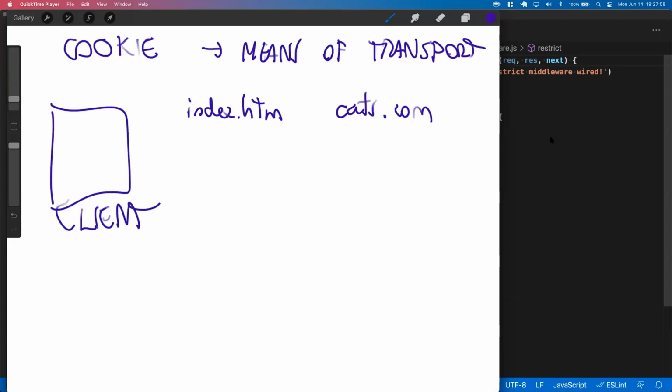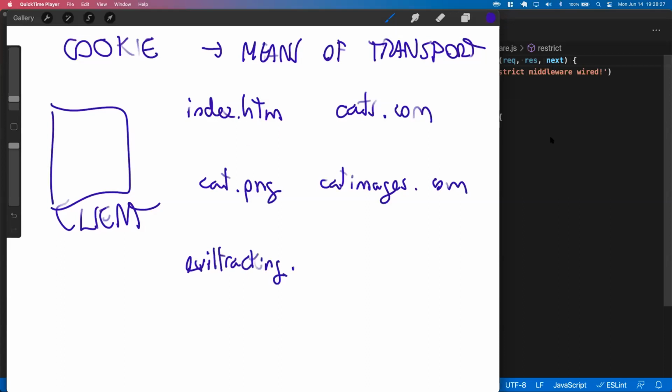Like, for example, a cat.png, right? From catimages.com, right? I'm omitting the http:// but imagine fully qualified URLs. And this also gets an evil tracking.jpeg, maybe, from tracking.com. Okay, so you know how loading a single page results in a cascade of network requests of all kinds,